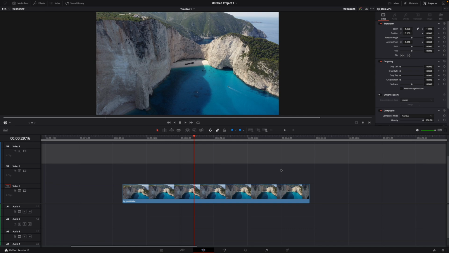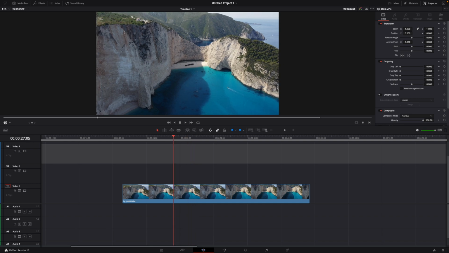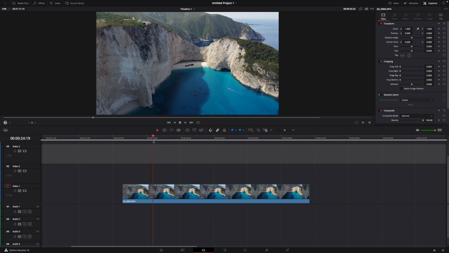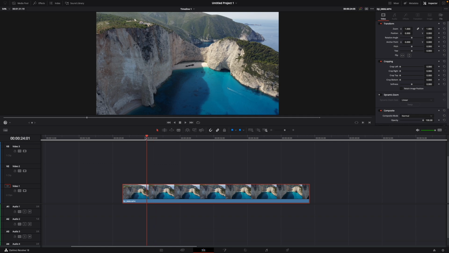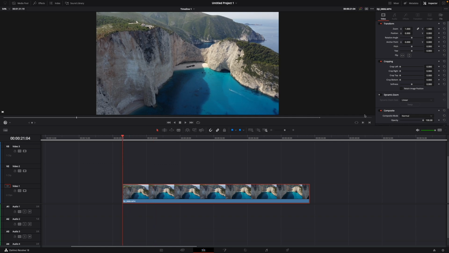In this video, I will show you how to animate black bars in DaVinci Resolve 18. Let's say this is our clip and we want to add a black bar on the top and at the bottom. What you want to do is click the clip, go over to the start of the clip, and then